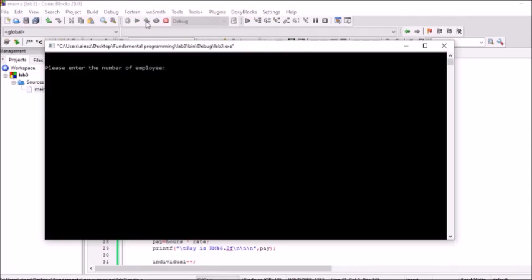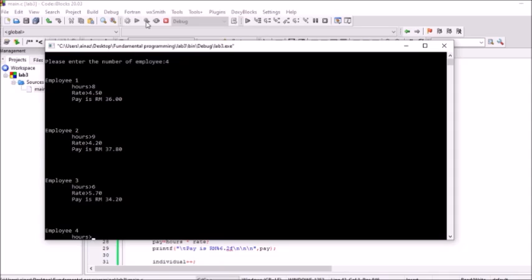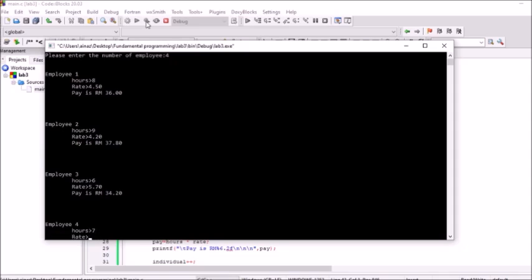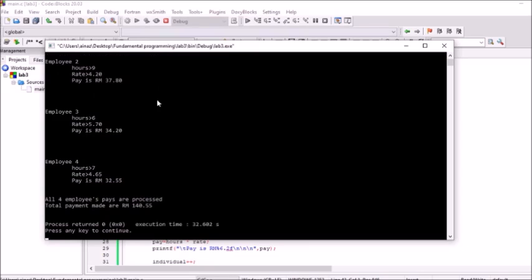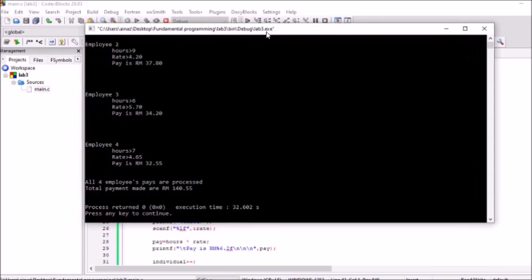We put four employees. This one is 4 ringgit 50 cents, 9 ringgit 20 cents, and 6, 5 ringgit 70 cents, and 7, 4 ringgit 60 cents. So this is all the total. All four employees' pays are processed. Total payment is 140 ringgit and